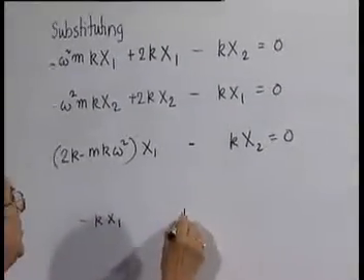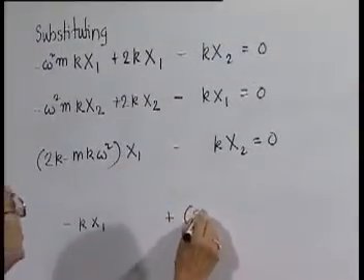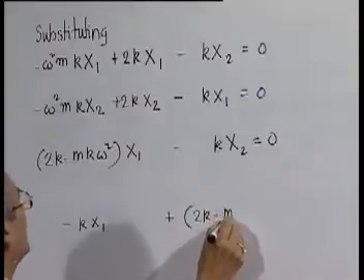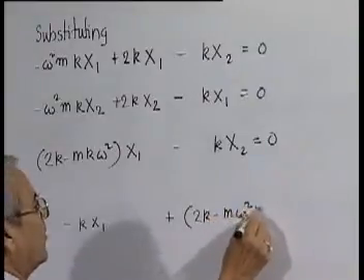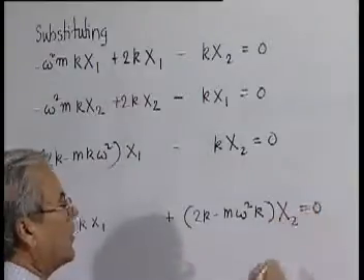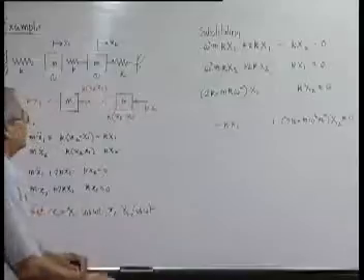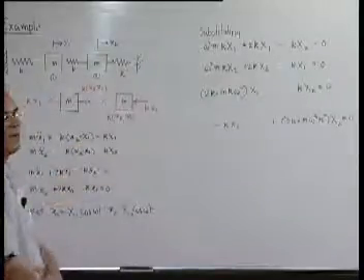Two k minus m omega square x1 minus k x2 equal to 0, minus k x1 plus